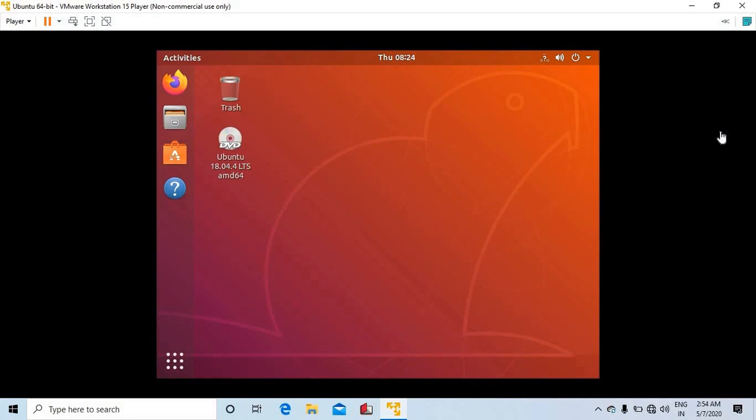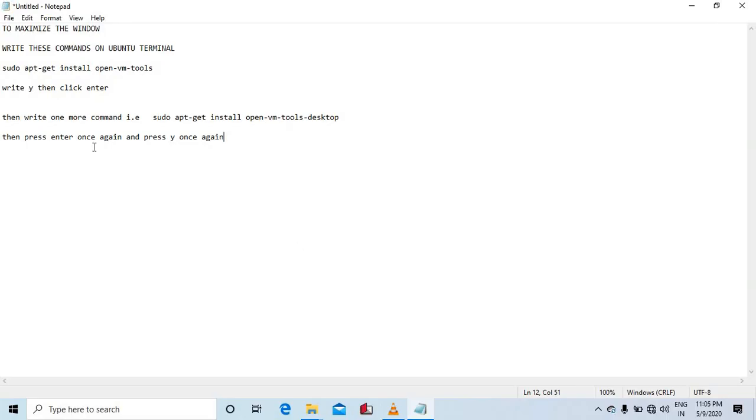Now to maximize this window, write these two commands in the Ubuntu terminal. First, sudo apt-get install open-vm-tools. Then press Y, then press enter.